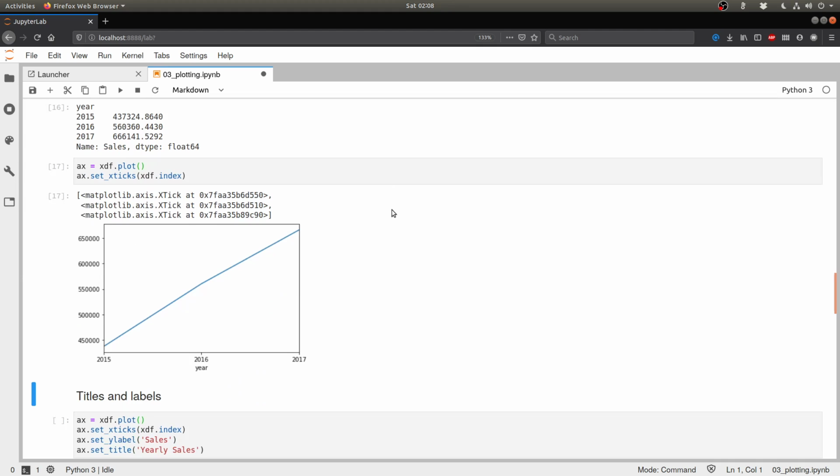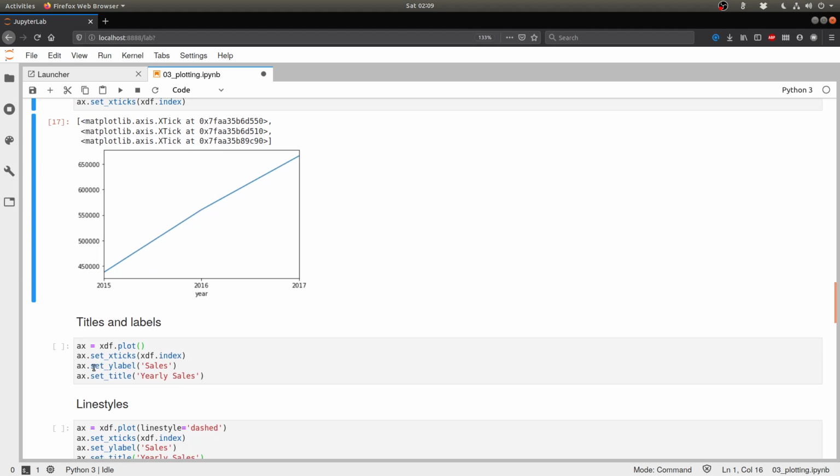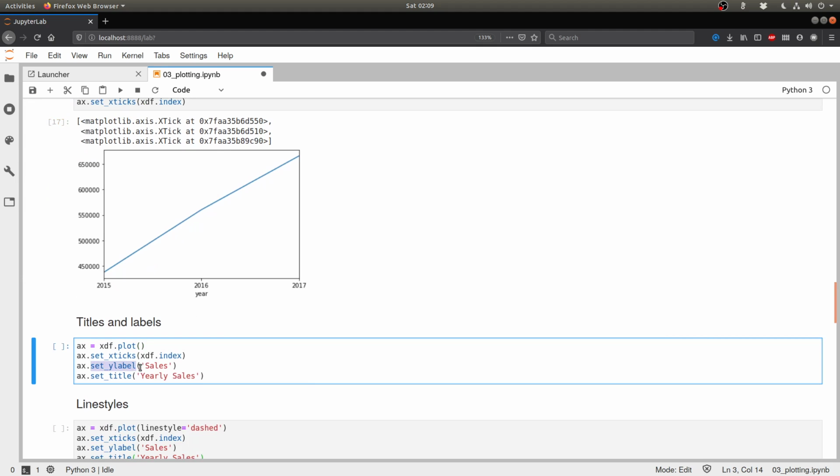Then another thing we can also do is that we can take a look at the labels and titles of this image. Now I know that I have year on the x-axis. I have no clue what is there on the y-axis. It's just some number that I'm seeing, right? So in order to make it self-explanatory, I can add something like a set y label, which will say that these are my sales, and they are indeed our sales because that's the analysis that we have done.